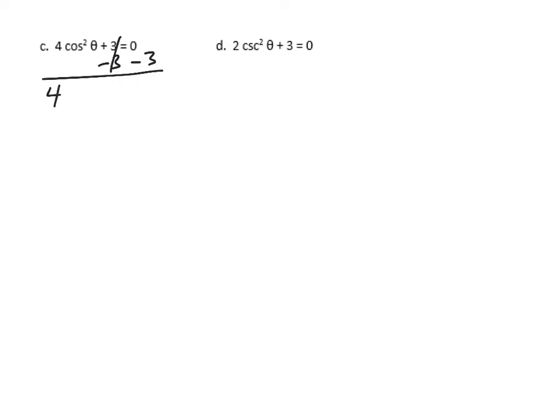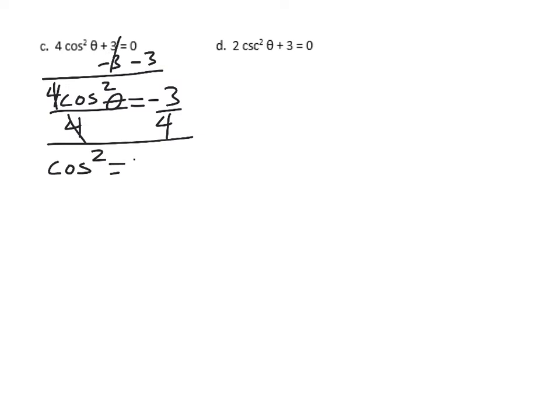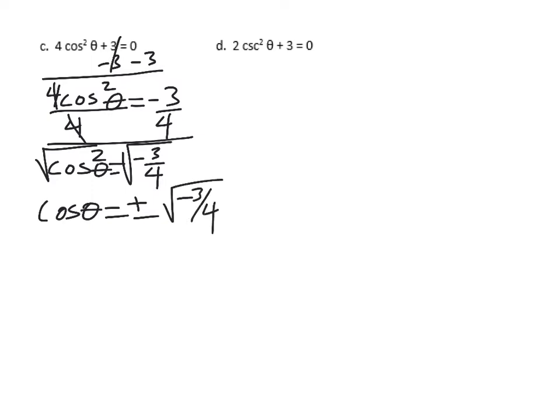Going to subtract 3. And I get 4 cosine squared equals negative 3. So I guess here's what I'd say. When you take the square root, whoops, forgot my theta. Here's where I think the plus minus should show up. Right down here that you say, all right, plus minus the square root of negative 3/4, which actually